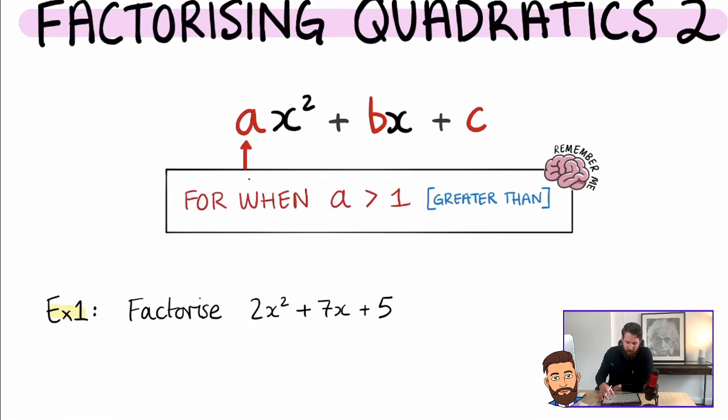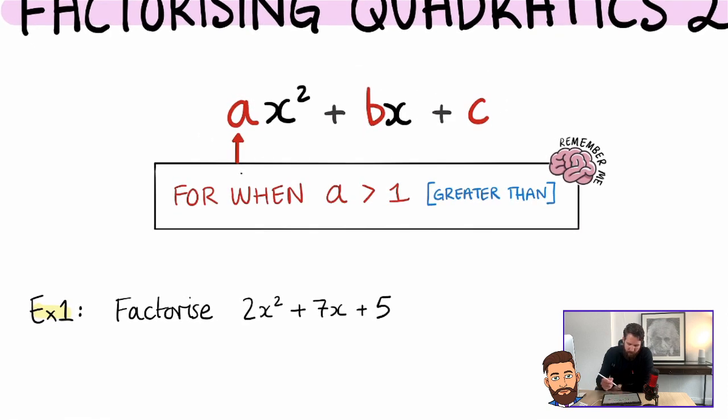And why are they called harder quadratics? Well, it's for when a is greater than 1, okay? And if we refer back to what a means, a is the coefficient, and we learned that word in the first lesson. This is the coefficient, which is a fancy way to say the number in front of x squared. So the number in front of x squared, which we refer to as a, if that is bigger than 1,